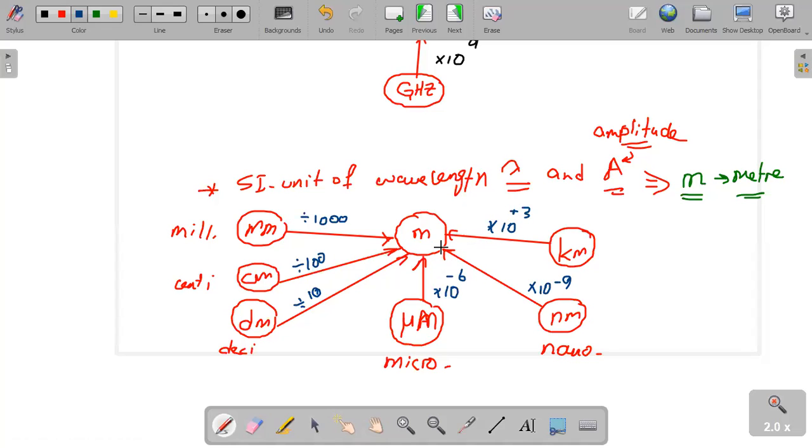So these factors you have to memorize them. Someone might ask me here, Mr., why didn't you divide here? In fact, when I multiply times 10 to the power of -6 it means I divide over 10 to the power of 6. When I multiply times 10 to the power of -9 I divide over 10 to the power of 9. In fact it's division, because the negative power gives the meaning of division.